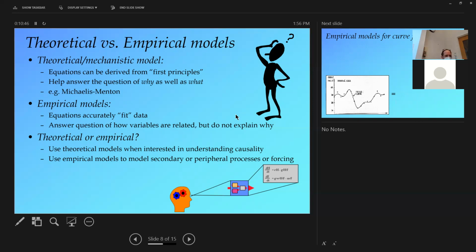We want to choose equations that, for mechanistic reasons, make sense to use. We're not just arbitrarily choosing them because they seem to do the right thing. But there are situations where, at least for parts of our model, we might not care that much about the why. We might just want it to do what it does. And just as an example of that,